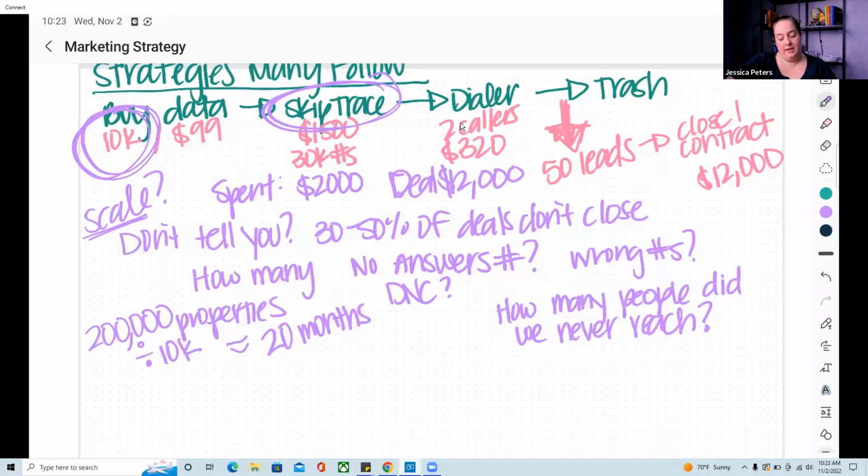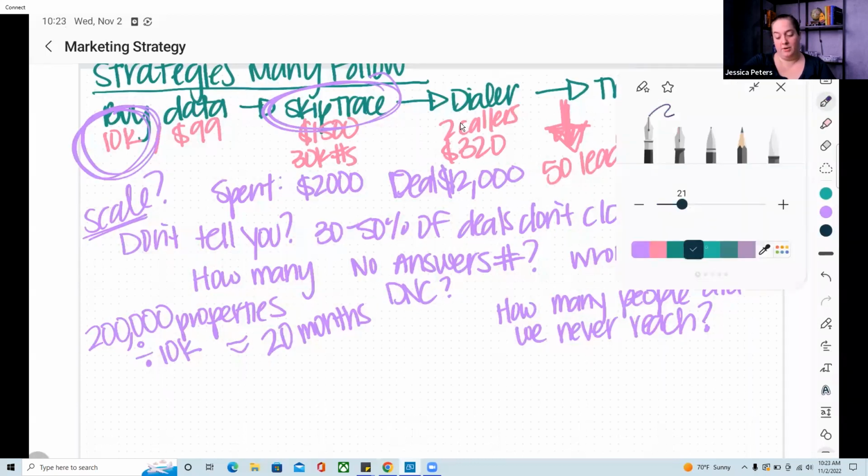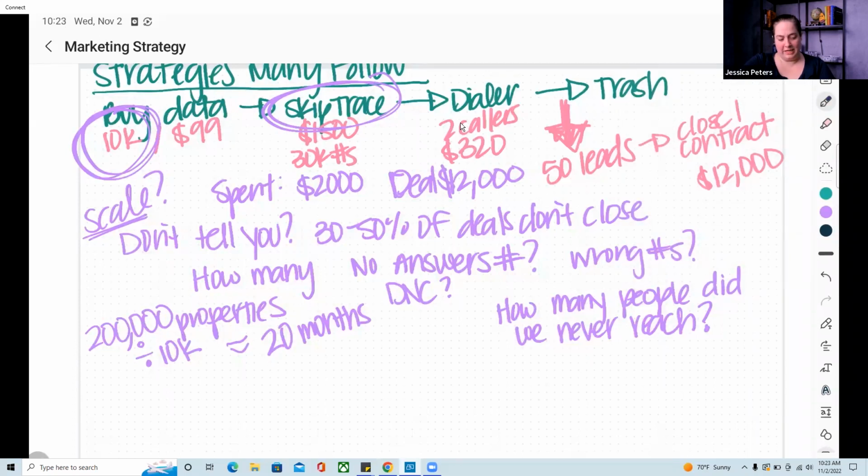Really, the value in a real estate business can be the correct numbers to homeowners. Tyler's talked about before that there are companies whose job it is to just call numbers and try to find the correct number to homeowners so that they can sell that information to other people, right? So as you're doing this work and you're finding correct numbers to homeowners, you should be tracking that. That's valuable information. You spent $2,000 to find correct numbers to homeowners. So make sure you're storing that information, keeping that information, keeping track of all of that.